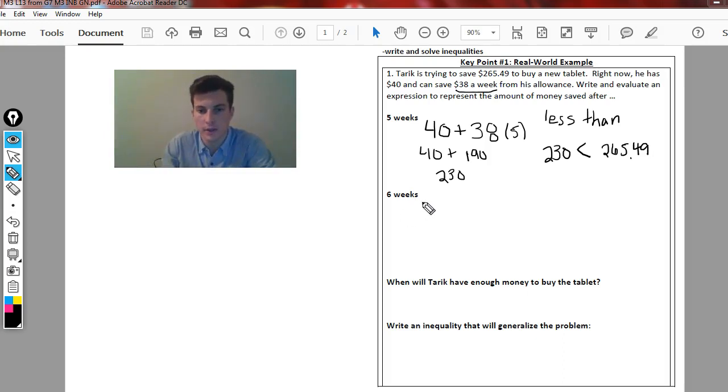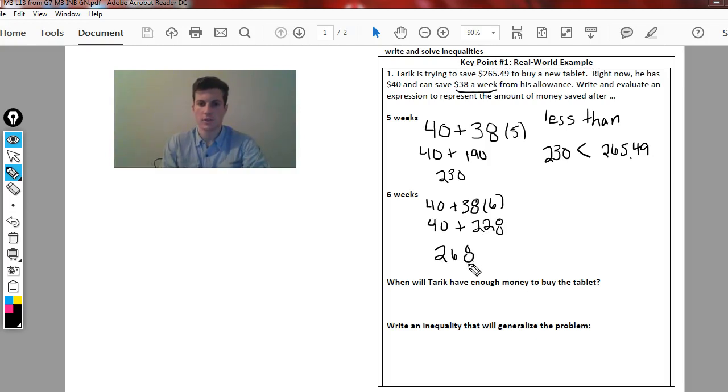Awesome. So you should have something like this. He starts out with $40, plus he saves $38 per week for 6 weeks. That gives us 40 plus 38 times 6 is 228 for a total of $268. And now we can compare that with how much he needs. So 268, let's compare it with 265 and 49 hundredths. So in this case, it's not less than, this is greater than, so 268 is greater than